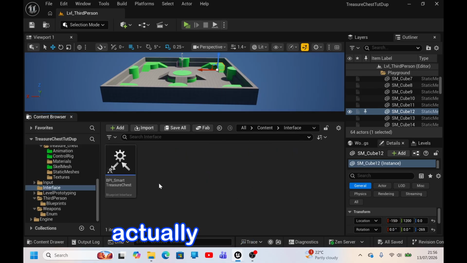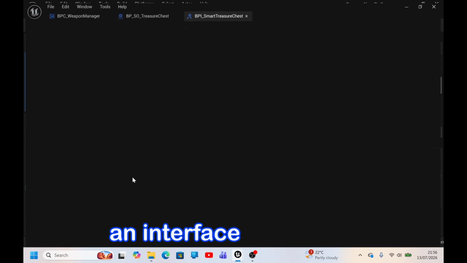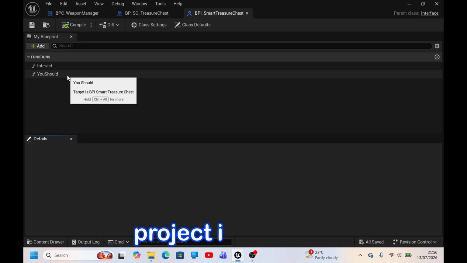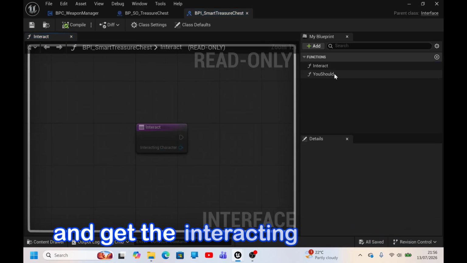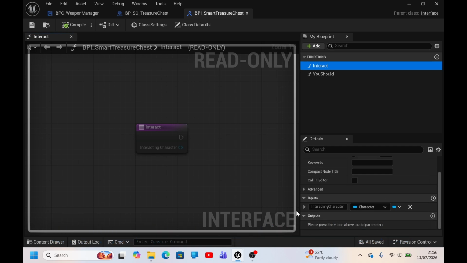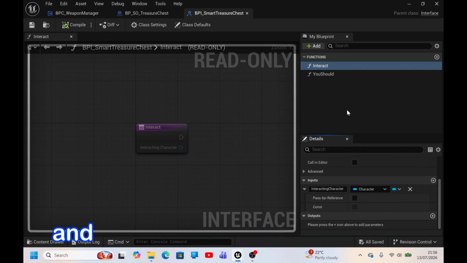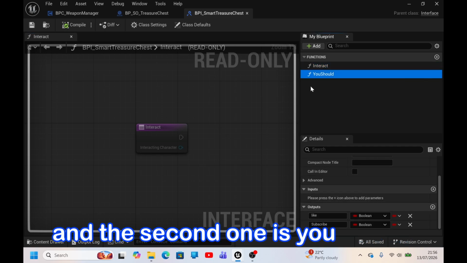Actually, I already have an interface folder, which I created in our previous project. There are two functions. The first is interact and the second is get the interacting character,